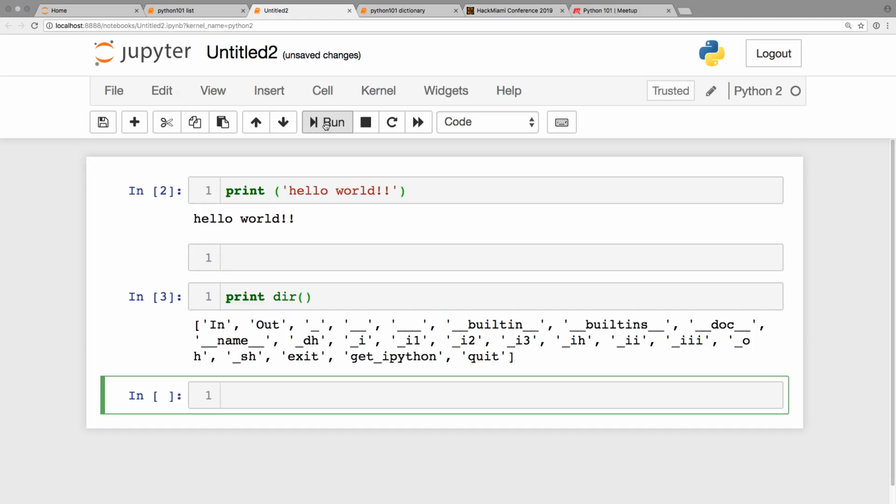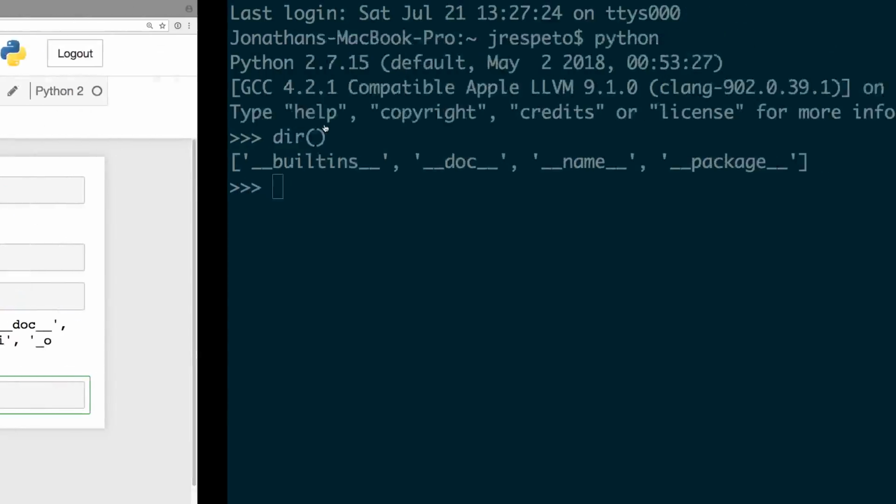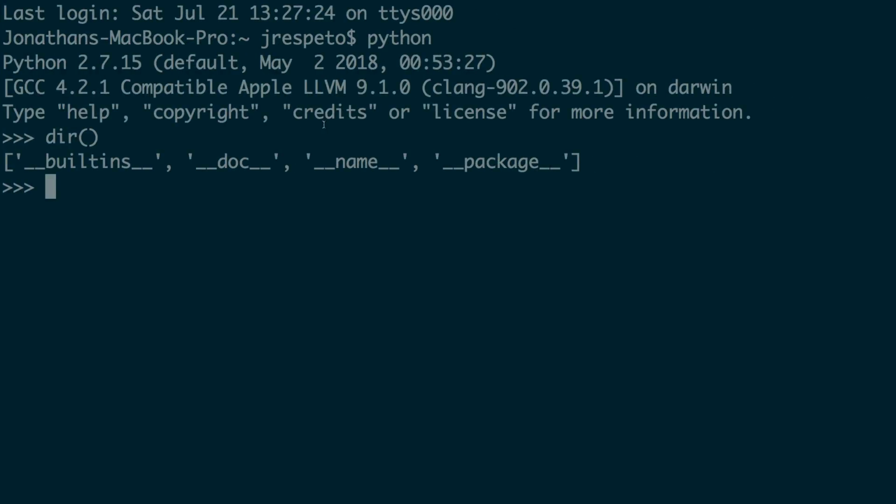So as you can see here, we got built-ins and docs, right? This is because there's a lot more on this print, because it's loading up a lot more defaults and things because of the interface and the IDE. But if we go back to the command line, you can see we only have a couple: built-ins, docs, name, and package. So if we go ahead and enter the built-ins,